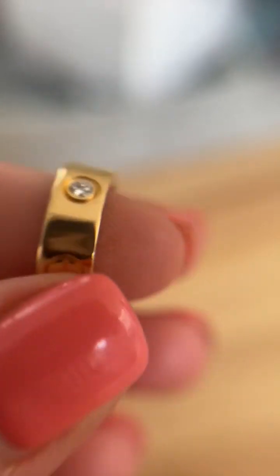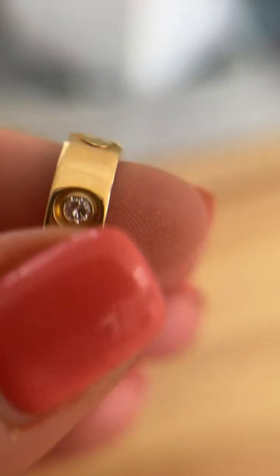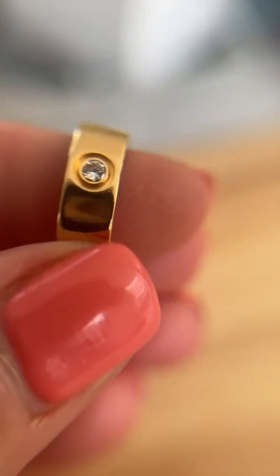One other thing we have to look at is these screw head motifs and these stones. Now, what do we think? Are these stones diamonds? Now, there's multiple ways you can check whether or not something is actually diamonds or if they are imitation stones. Now,